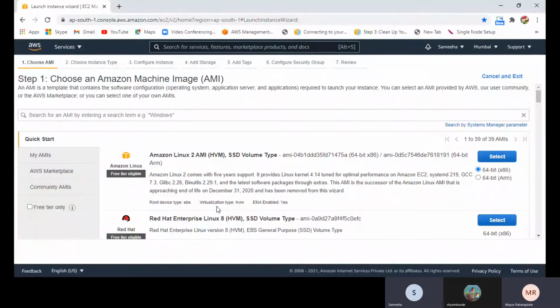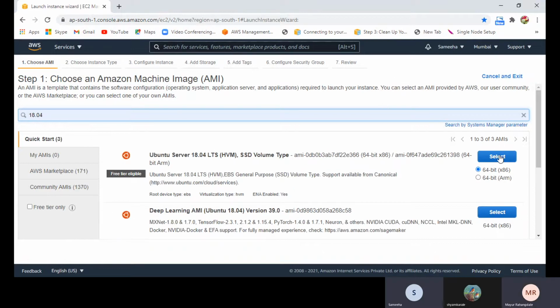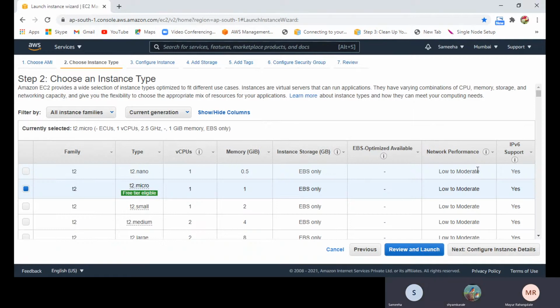Visible? Yes. Okay, then we'll take 18.04. Are we going to take 18.04? No, 16.04, yes.